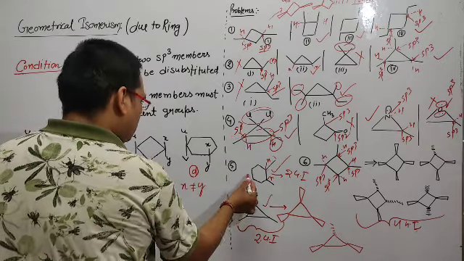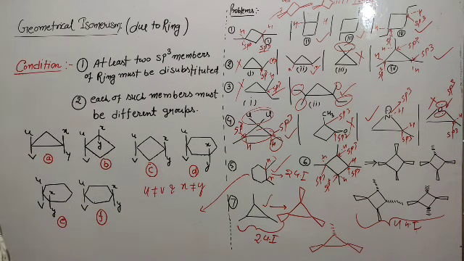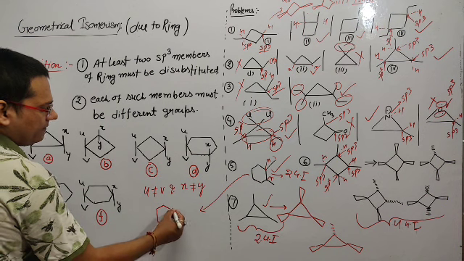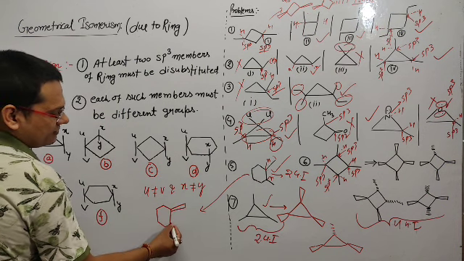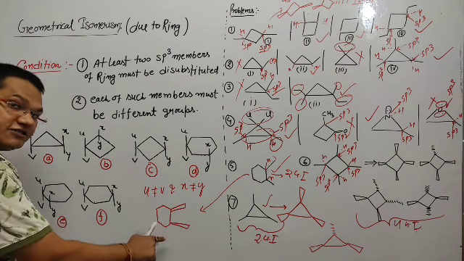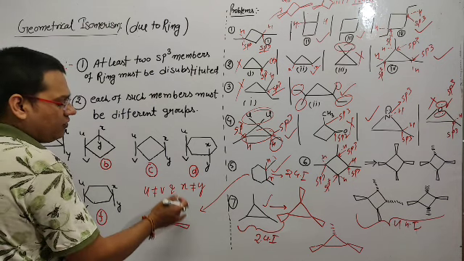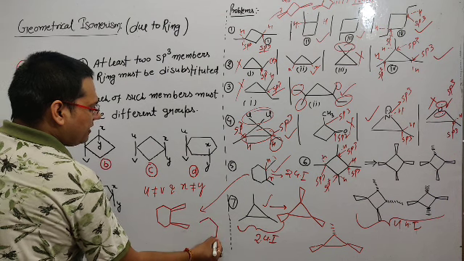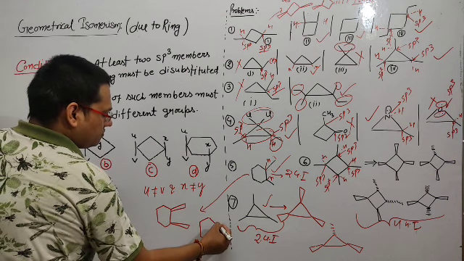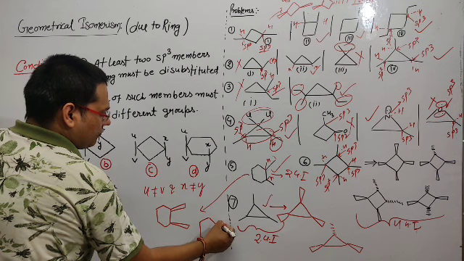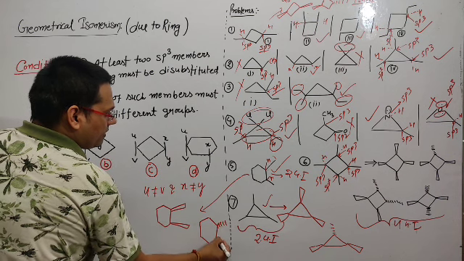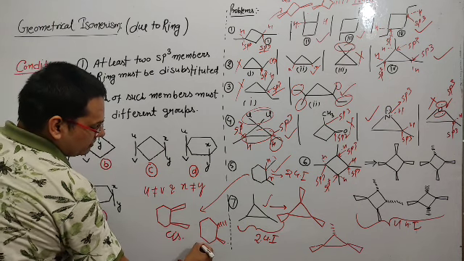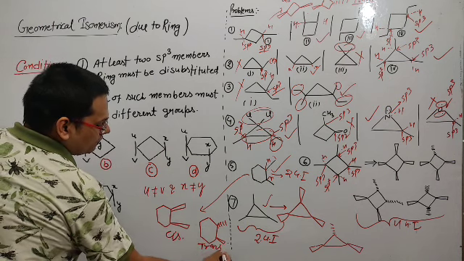If you want to draw here, sir, please draw the geometrical isomers. You can easily draw. One is wedge, another is wedge. This is the same. Or you can draw easily: both are dash, both are the same. And you change here, sir: one is dash, another is wedge. So this form is the cis form and this form is the trans form.